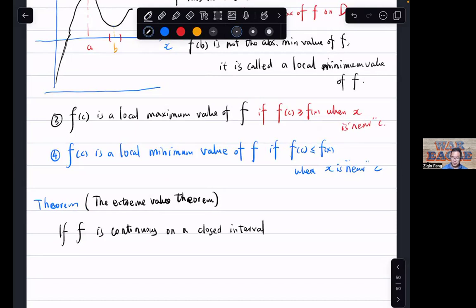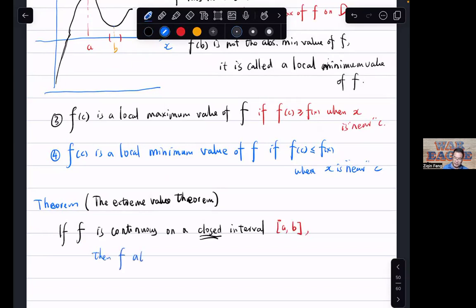Closed means this interval contains the boundary points, right? So both boundary points are included. We have from a to b. So that's our bounded closed interval, right? They should also be bounded. a and b are finite numbers. a and b cannot be infinity or negative infinity. Then what happens here is